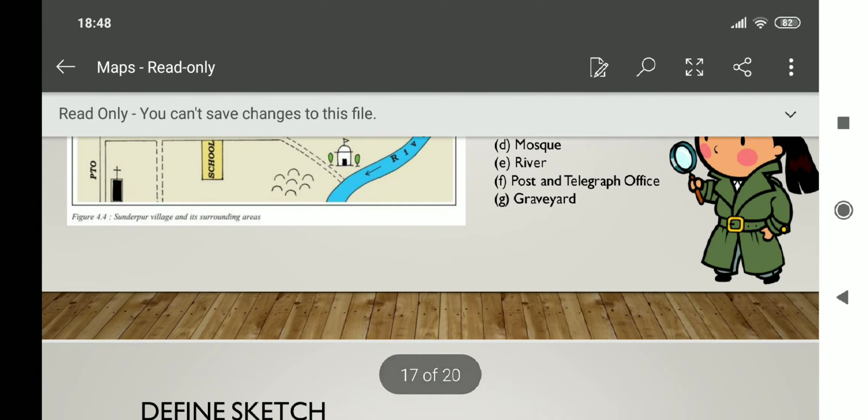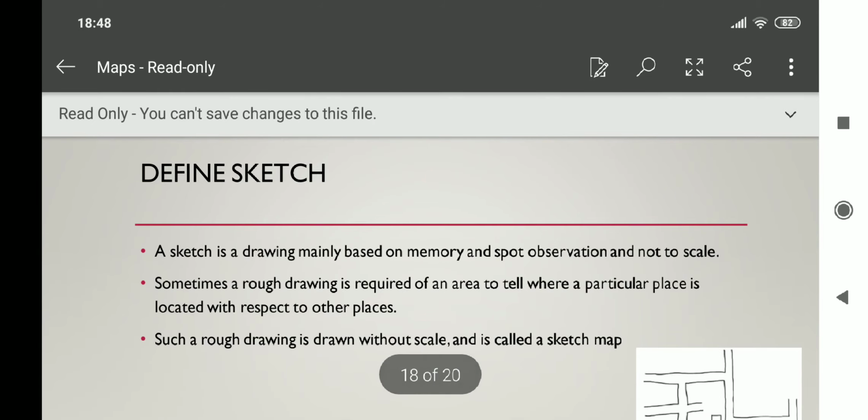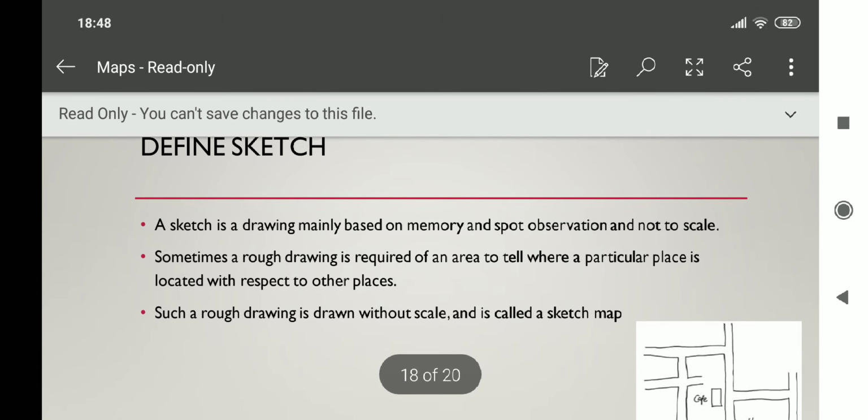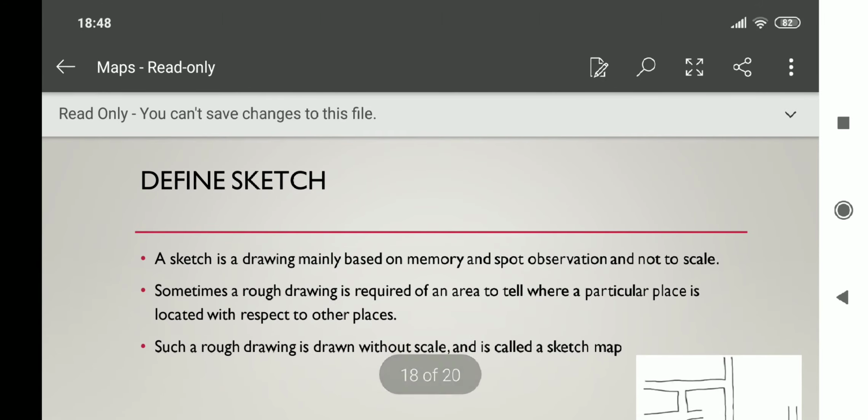Okay, so our next topic is define sketch. Sketch is not a component, but we are discussing it because our components are now finished. Define sketch: a sketch is a drawing mainly based on memory and spot observation and not to scale.